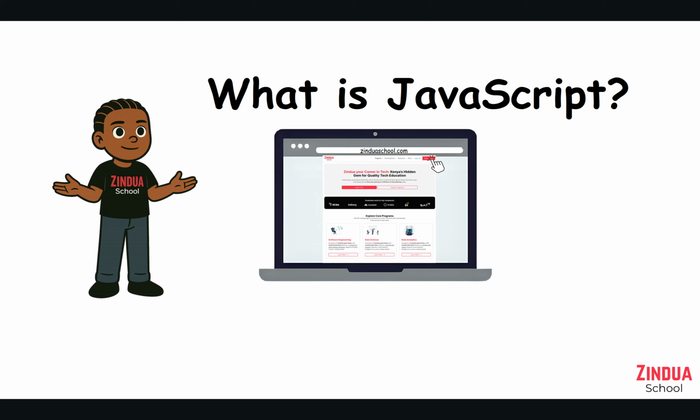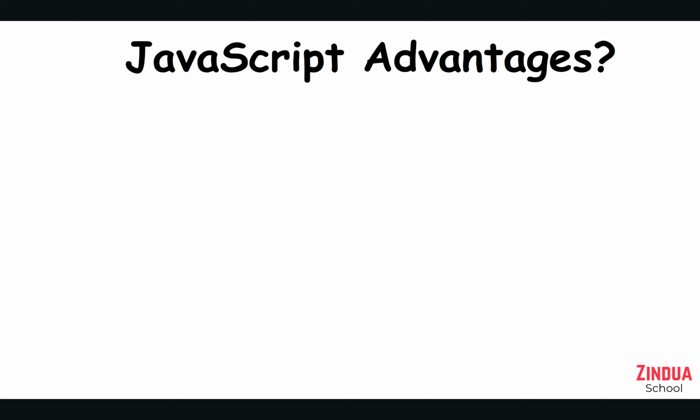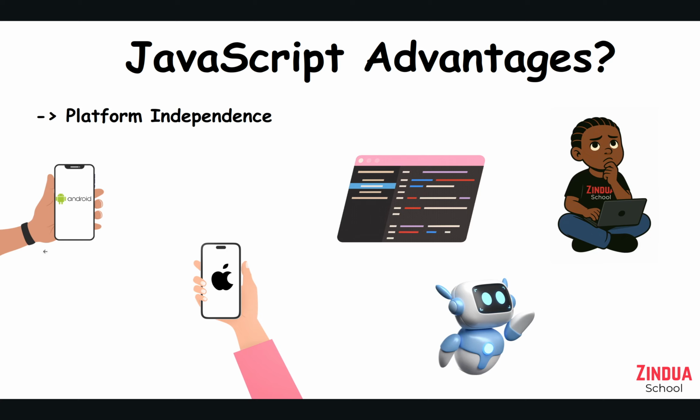Then, one of the reasons why JavaScript is popular is because it's platform independent. Now, what do I mean by it being platform independent? This means it can work on your Android, on your iOS, on your browser, and you can also use it to program robots and so on and so forth. So it really doesn't matter what platform you use; it's most likely going to run on the platform. Now, we'll see about things that JavaScript is capable of and what you can also do to add more power to it.